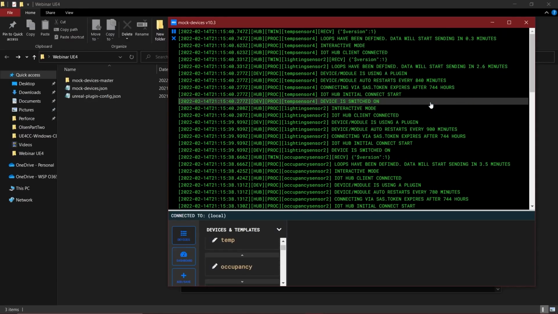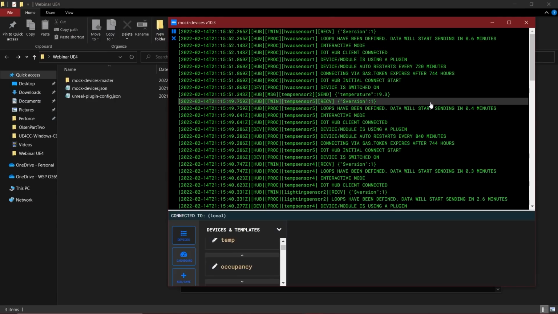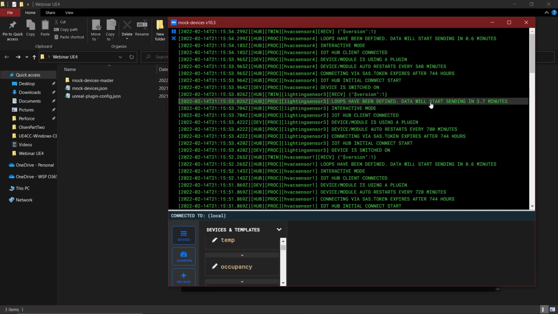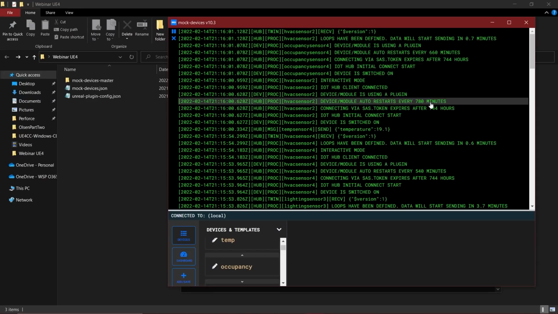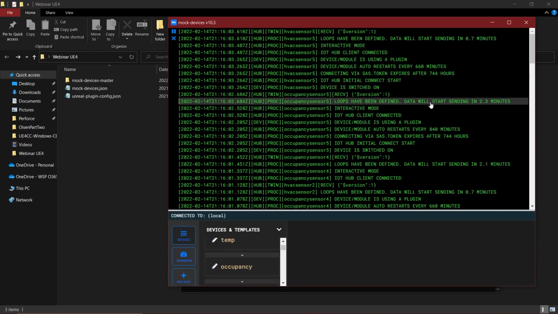And from there on, our Unreal Engine plugin will be able to connect to that and get the data. So with that done, we have everything outside of Unreal set up. So now we're all good to just launch our sample project, which we downloaded.